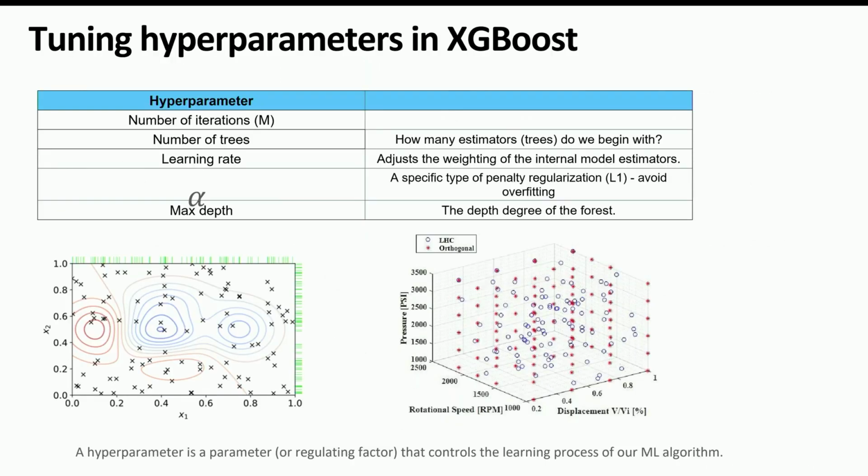One thing I talked about was explaining hyperparameters and how we tune models. This is an overview of some of the hyperparameters that are tunable with XGBoost. For our project, we basically left open all of the hyperparameters except for the starting number of trees. And then we were able to tune that using a Latin hypercube grid search method.